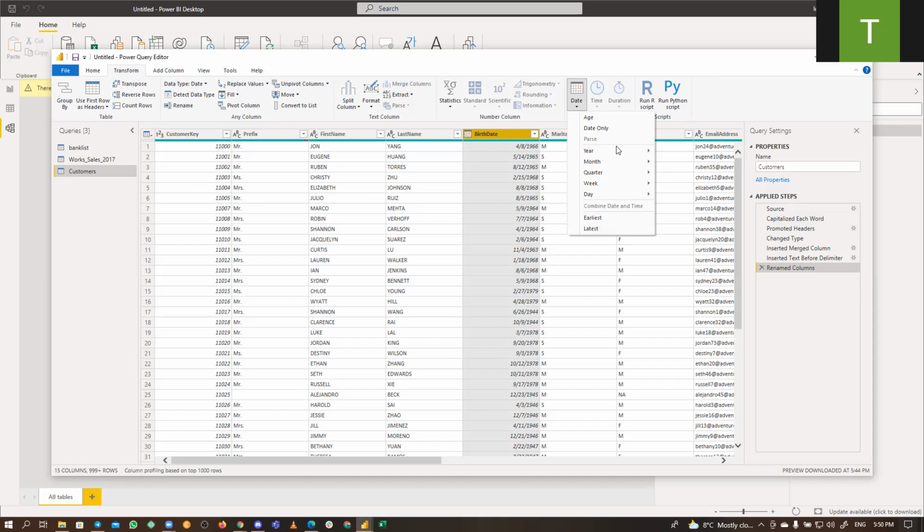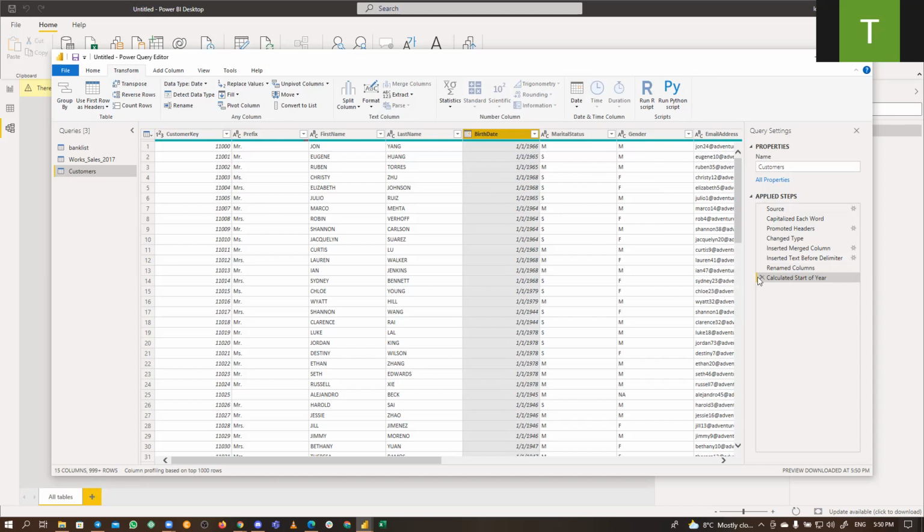Then if you probably want to work on year as well, if you click on year, for instance, and I say start of the year, you can see it changes all of them to the start of that year. So it maintains the year. It just changes the date.